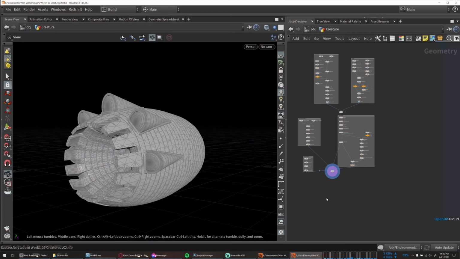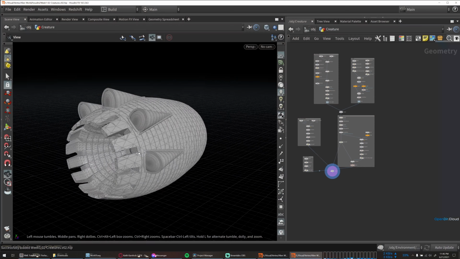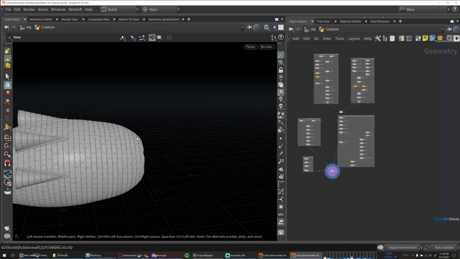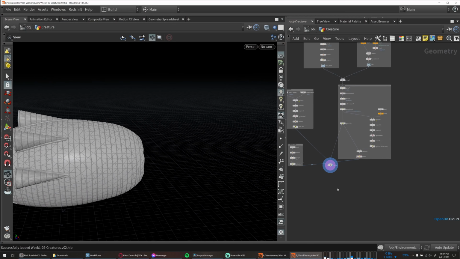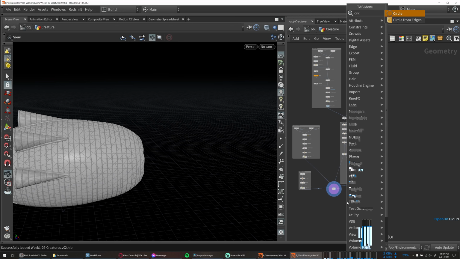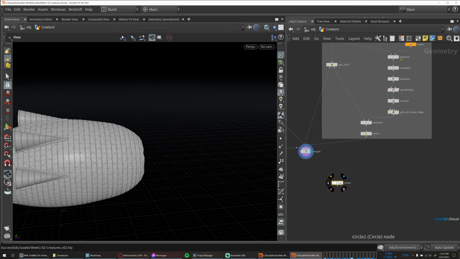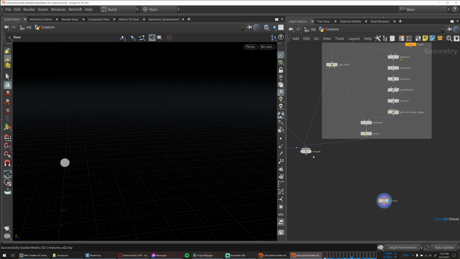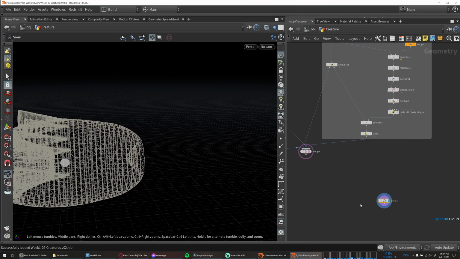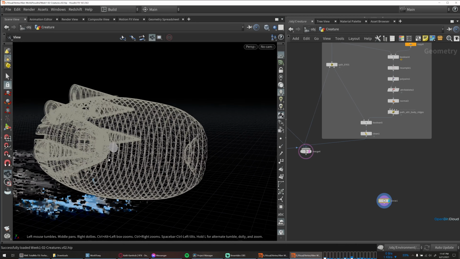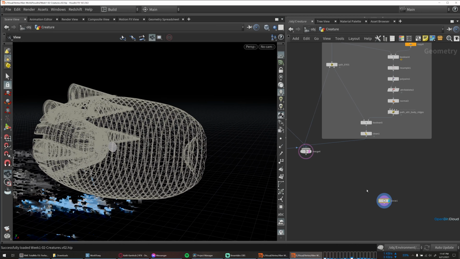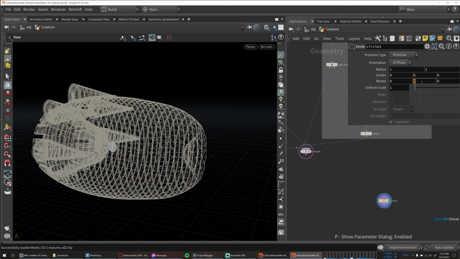Alright, so now that we have this cool looking creature body here, let's build some tentacles flowing off the back of this. Now these tentacles are going to be based on a circle, so I'll just display that and template the body here. In this circle we want to rotate it so it's pointing down the x-axis, so I'll just rotate that 90 degrees, or you could change the orientation, I suppose, and we'll move the center back like 20,